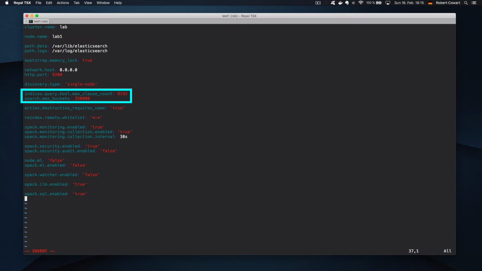So again, we're talking about different types of logs and network flows where we may be dealing with some high cardinality data, so really large numbers of IP addresses and things of that nature. And that really can make this max clause count setting pretty important. In addition to that is the max buckets. So this also gets raised pretty considerably from the defaults. And the reason for that, again, is having high cardinality data sets, and some of the queries that are going